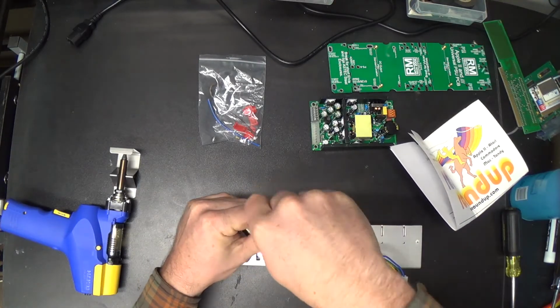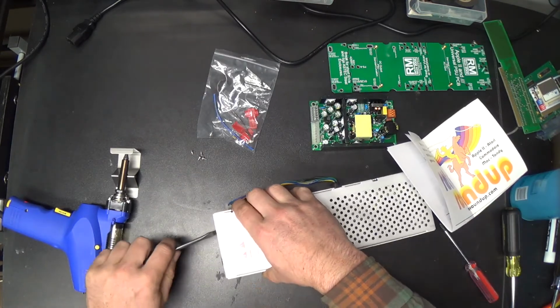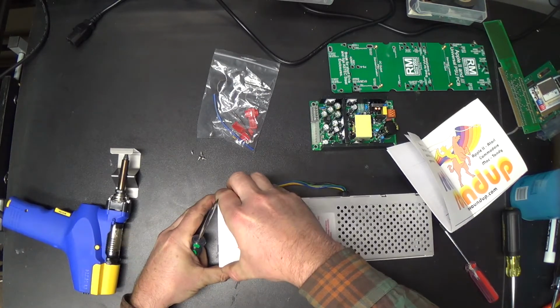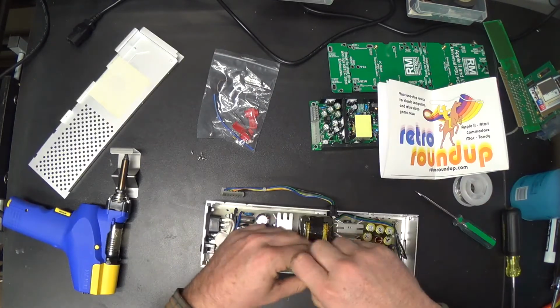Well, that was seized in there. Oops, I had you out of the frame there for a second, didn't I? Sorry about that, gentlemen. Now, there aren't any